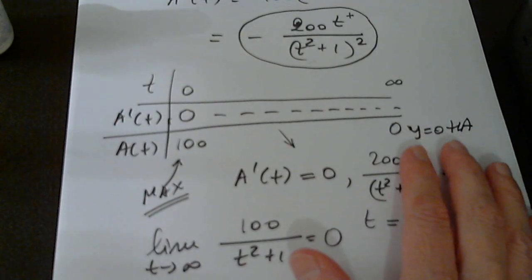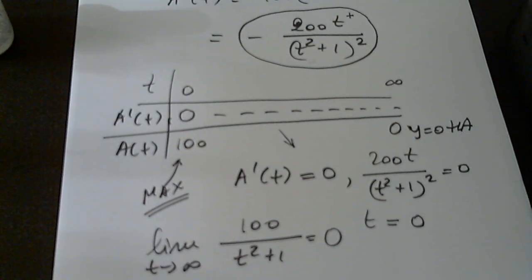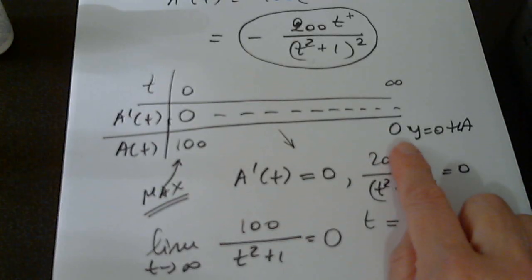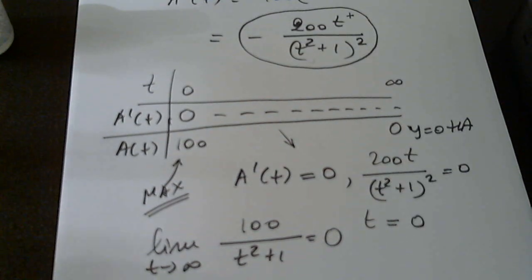The question asks, according to this function, does the medication ever completely leave the bloodstream? Theoretically, it does not. This is not a complicated situation to graph, but just for the sake of the argument,